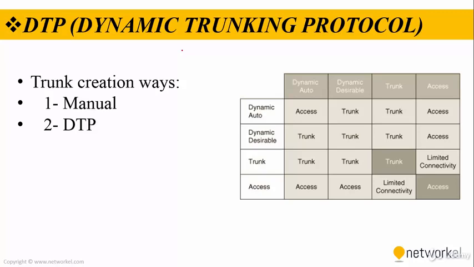It works on layer 2 of the OSI model, and VLAN trunks formed using DTP may utilize either IEEE .1Q or Cisco ISL. In DTP, the following switchport mode settings exist, and they are access,